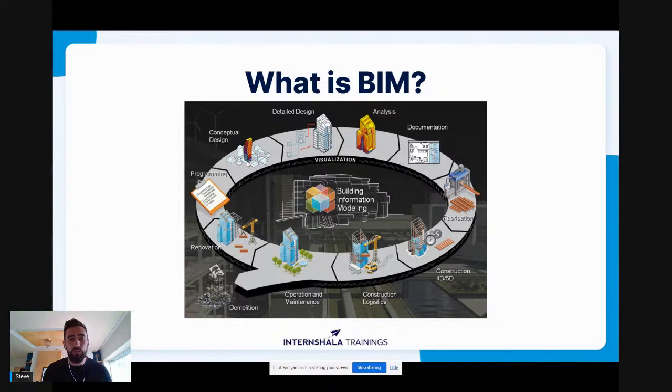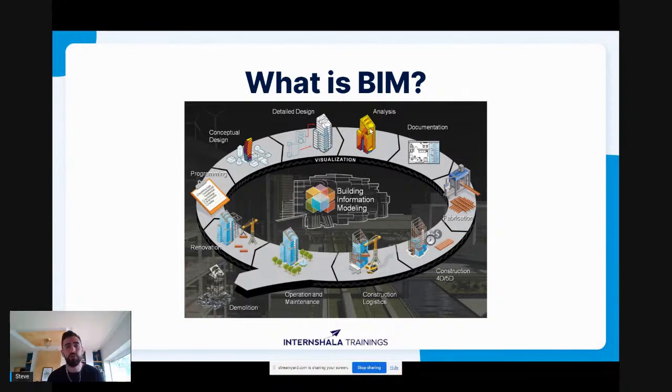Once that has all been agreed upon, it then moves on to the detail design. So all of this can be undertaken in Revit. You can, from the concept design and the detail design, right around to the analysis and documentation as well. So all of these processes can be done within Revit. So the detail design is when we have agreed on the concept, we can then fully develop our wall types, the footprint of the building, the floors, how everything joins together, and so on. And once that has been built, it then moves on to the